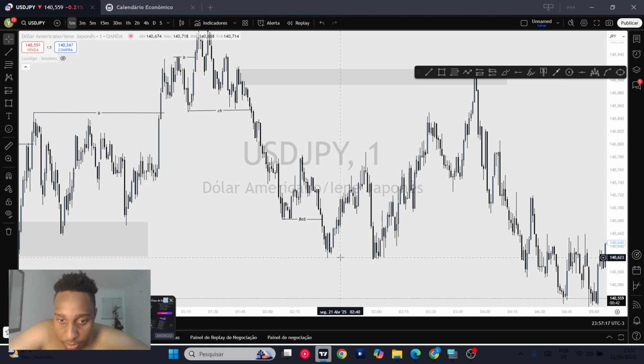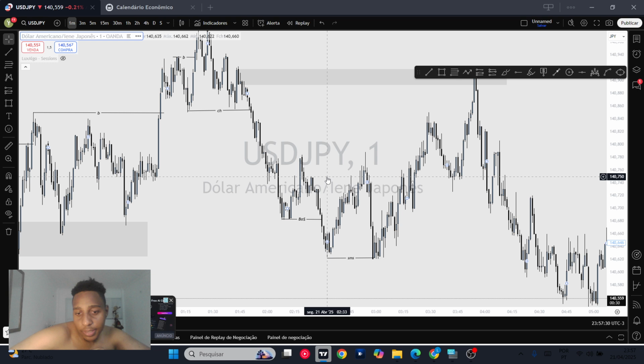With an SMS, and then price went to the upside, respected perfectly this fair value gap right here, and then price ran up. But where is price going? Price is coming to take all this liquidity here that is from our chart,